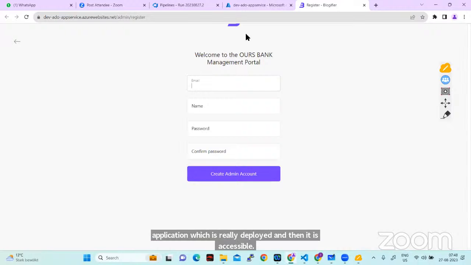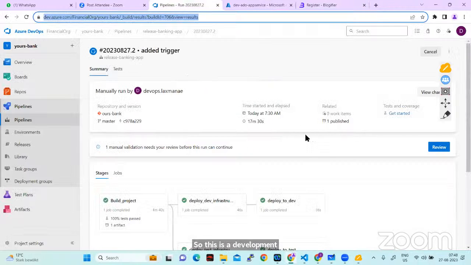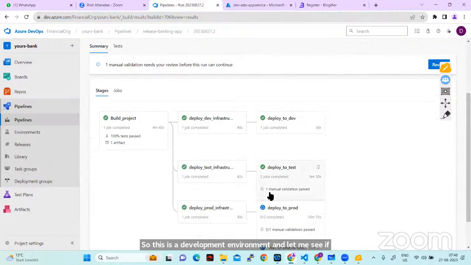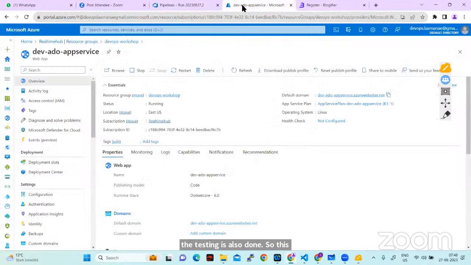So this is a development environment. And let me see if the testing is also done. So this testing is also complete. Now I also can access the test environment, going into